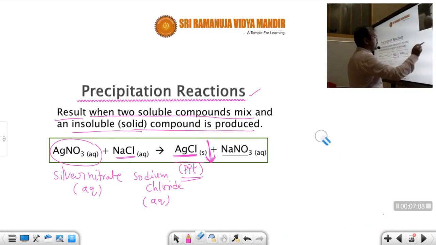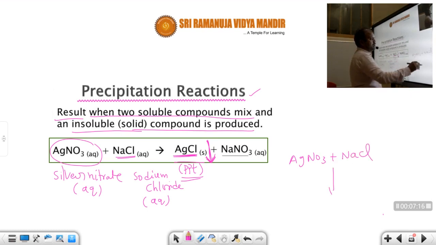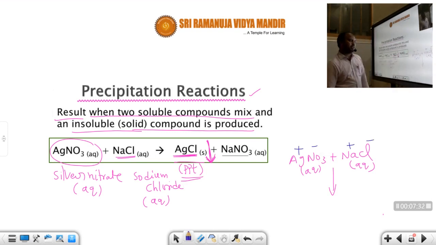When two compounds are mixing with each other, exchanging their radicals, for suppose silver nitrate as well as NaCl, both are intermixing with each other. Of course, both are aqueous solutions. Salt means plus and minus, like NaCl, table salt. Salt means both cation and anion exist in one compound, that is called salt.